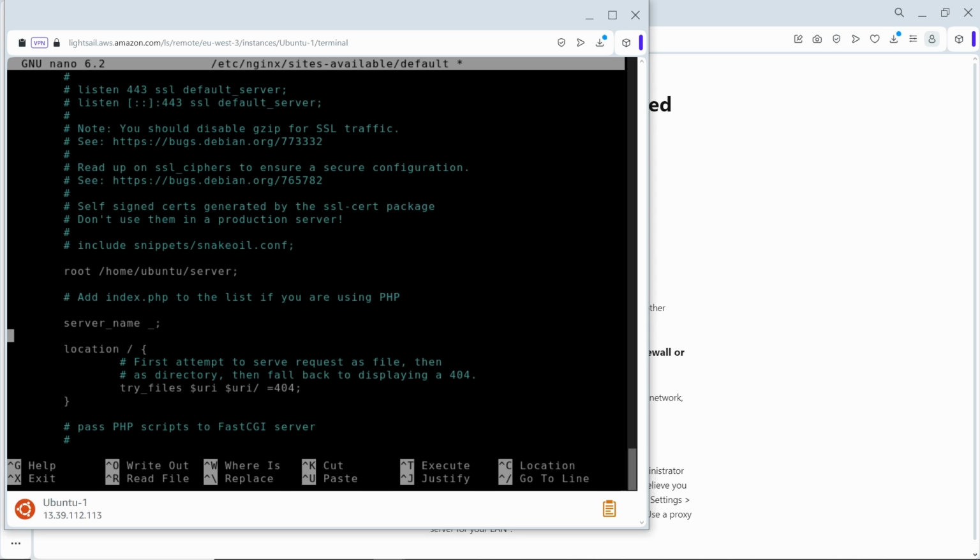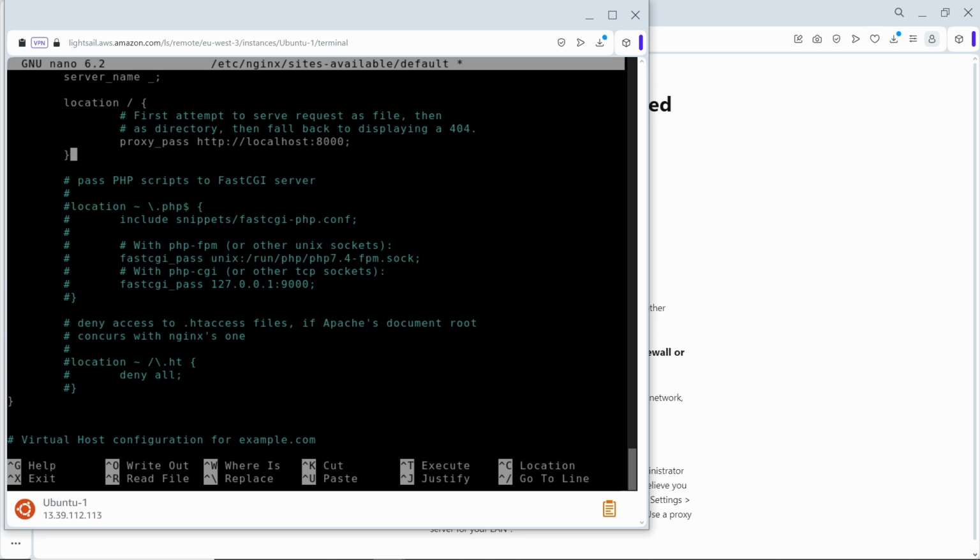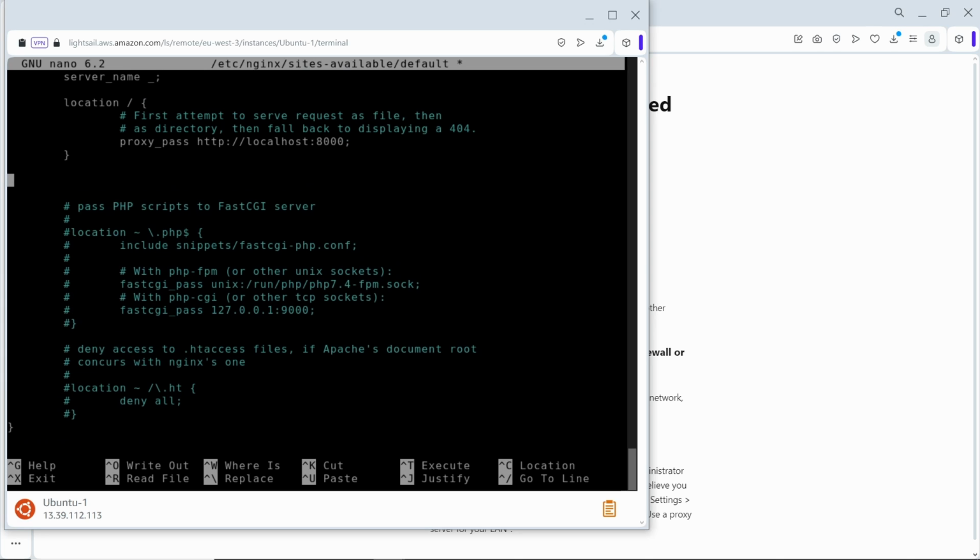Then for location, this is our main web page, the part that we are actually interested in. We want to create a proxy pass to http://localhost, then the part that we have seen earlier, that is 8000. Genie also uses WebSockets, and in order for the WebSockets to work, I also need to create a proxy for HTTP version 1.1,